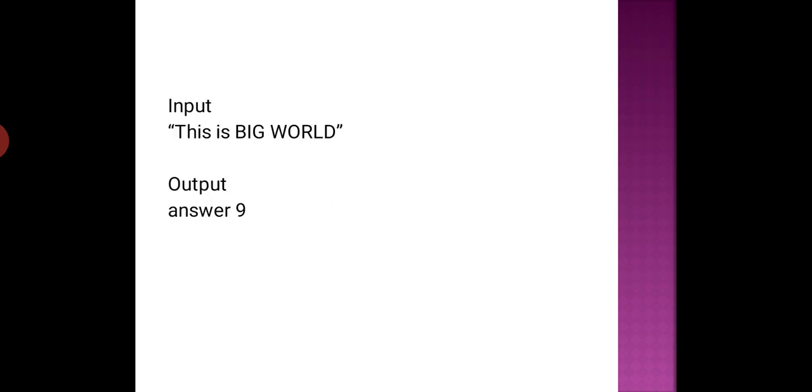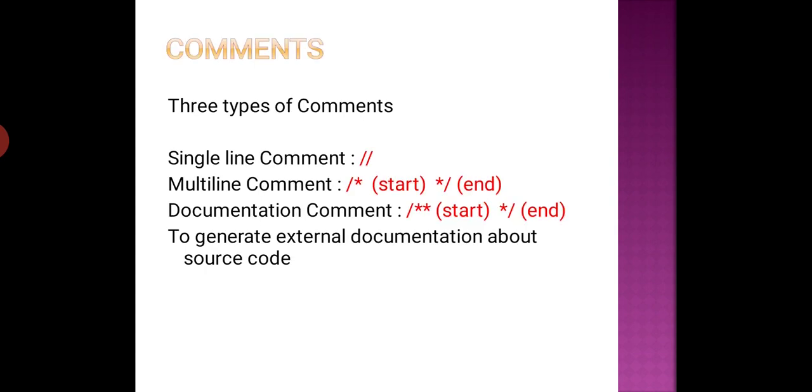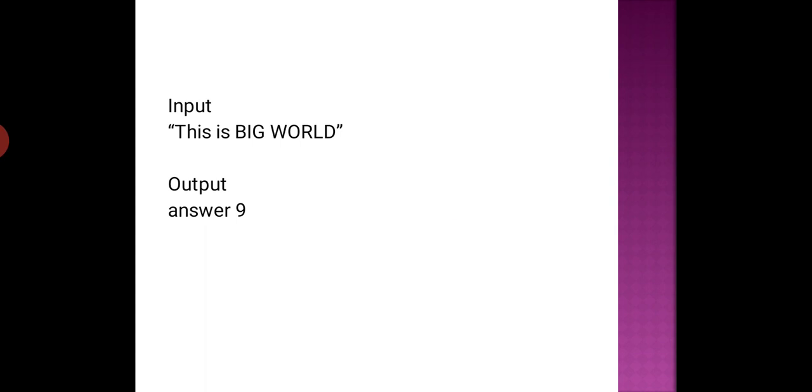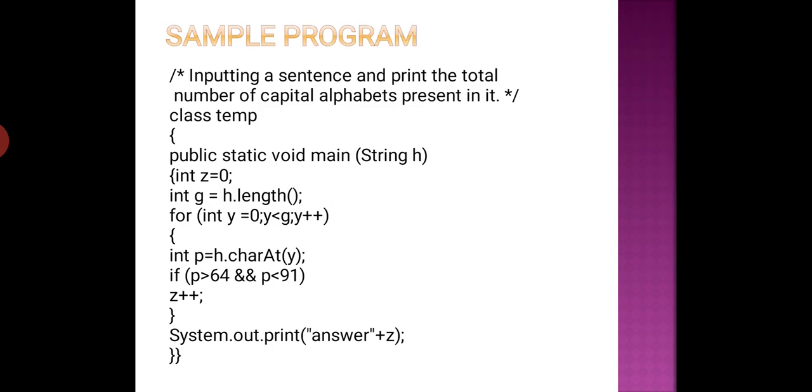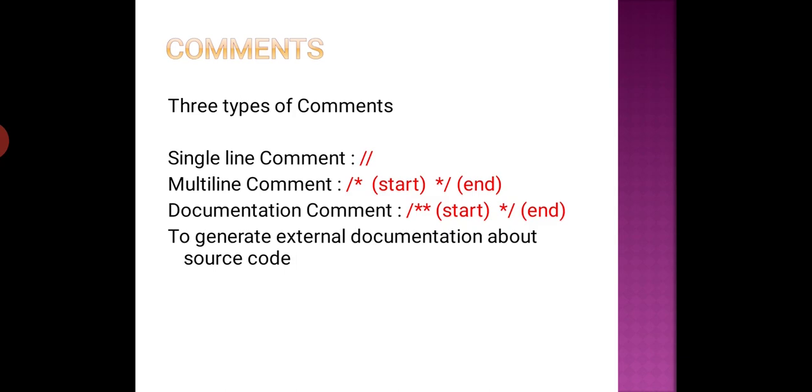Now that's all for the ASCII, but before going, I have been asked a lot of times about comments also. These are the 3 types of comments you have in Java. The first one is a single line comment, which starts with double backslash. If you see this program here, I have used a multi-line comment, where slash star opens, and after 2 lines I have closed this comment. So both the lines will not be executed by the Java compiler. If it is 1 line only, then I would have used a single line comment: just write 2 slashes at the start of the line, and that line will not be executed by the Java compiler.